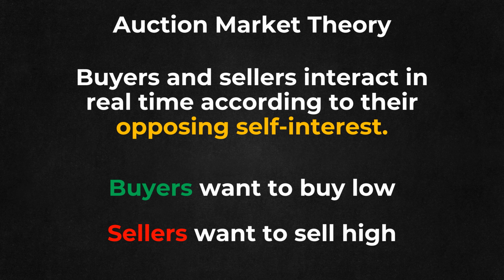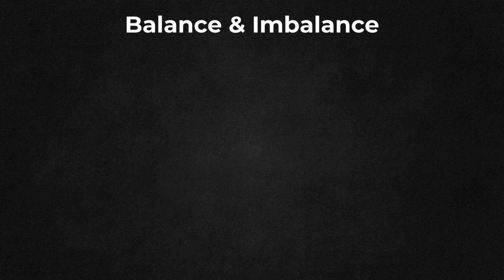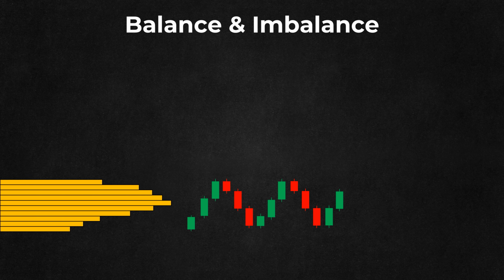Because of this, price becomes the point of compromise between these two forces. When buyers and sellers relatively agree on the perception of value, the market tends to move sideways. Price oscillates within a range because both sides consider that range to be fair value. As price rotates back and forth within that range, trading activity accumulates in that area. In the volume profile, this appears as larger horizontal bars because a large amount of trading occurred within that range of prices. This is known as an area of balance or an area of fair value, where supply and demand